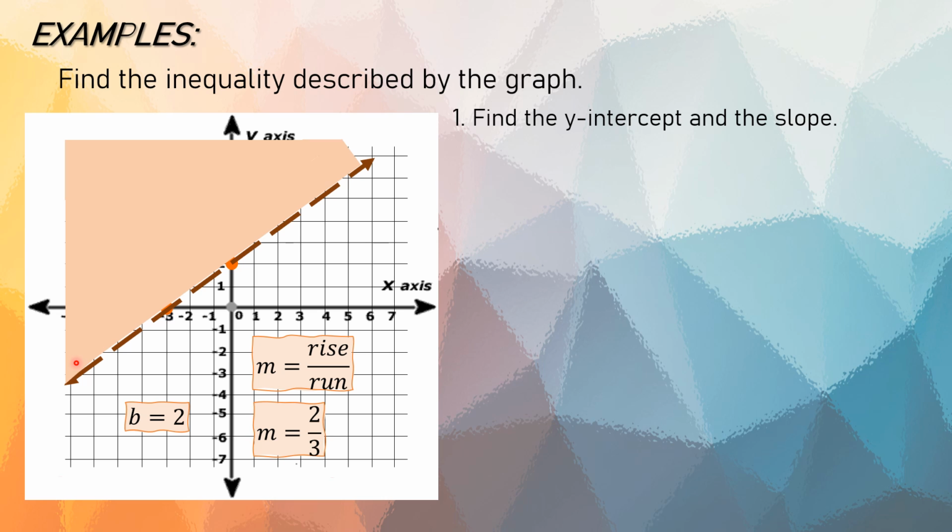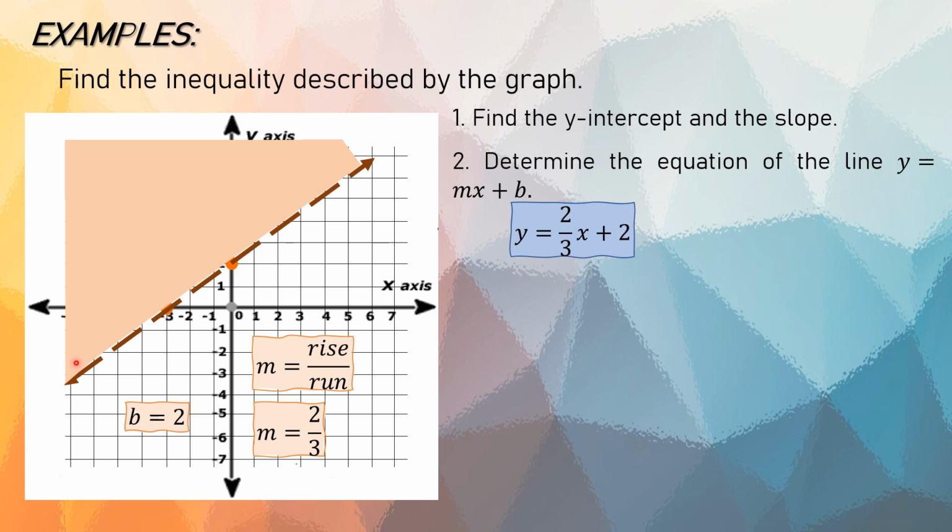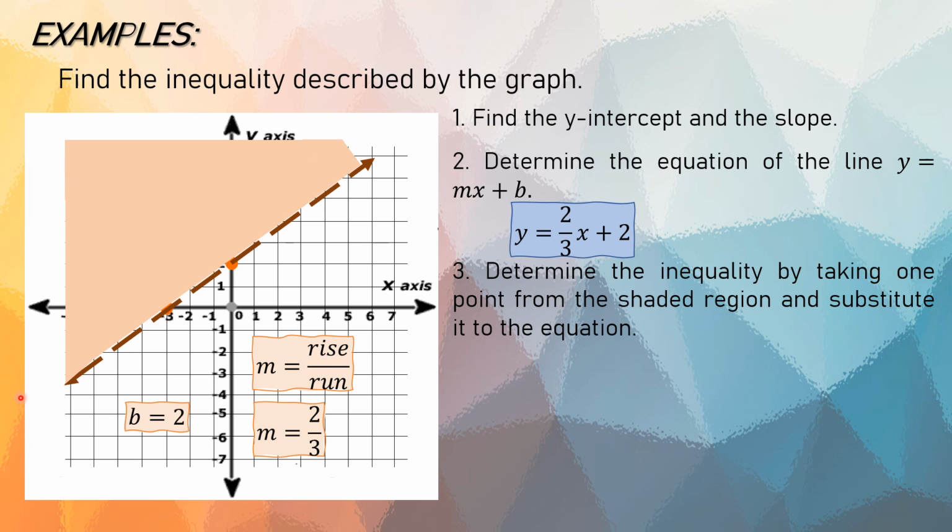Meron na tayong slope at y-intercept. Proceed na tayo sa second step. Determine the equation of the line y equals mx plus b. So, this will be y is equal to 2/3 x plus 2 because ang ating slope or m ay 2/3 at ang b naman ay positive 2. Third step, determine the inequality by taking one point from the shaded region and substitute it to the